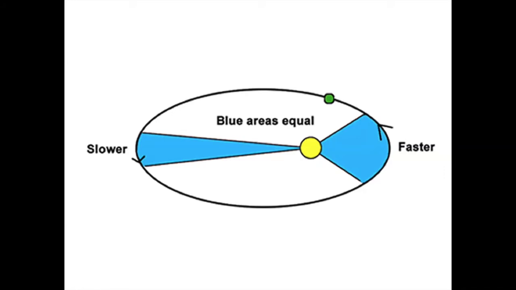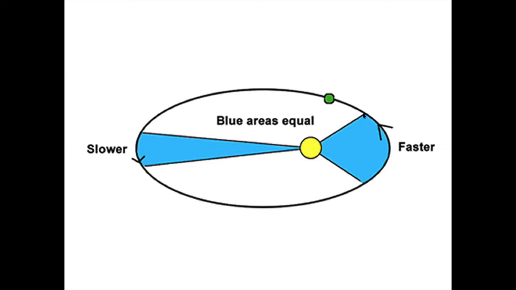Hello students, let's study Kepler's second law, the law of the areas. The statement of the law is that the radius vector connecting the sun and the planet sweeps equal areas at equal times. If you have the planet in its elliptical orbit, this area here on the right-hand side is equal to the area on the left-hand side